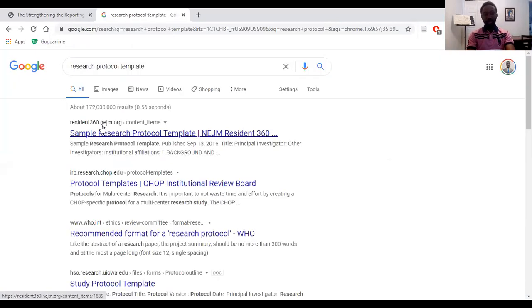Yeah, you can find, I like this one from publishing, which is part of the New England Journal of Medicine. It's quite cool. So you can download this and use that template, keep the template and use it to describe what your study will be about. So download this template and then try to populate it wherever you need to.